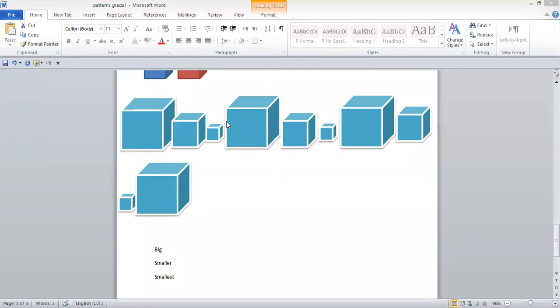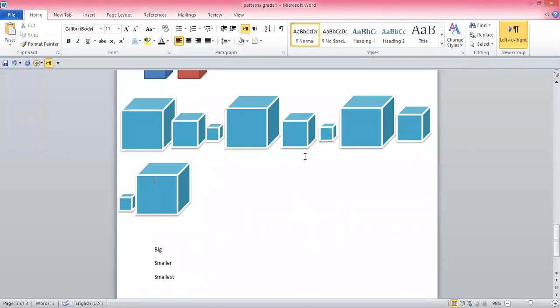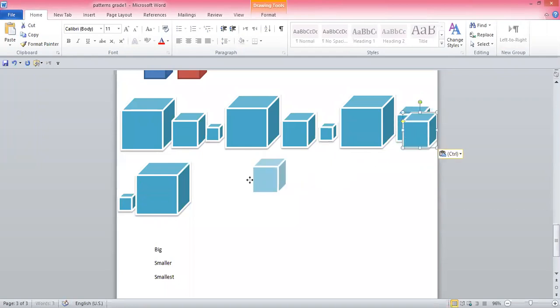Very good. The answer is smaller. And one student is saying blue. They all are blue. Okay. But the pattern is with respect to sizes. So after this one, this is big. Smallest should be there. So you will say, sir, it should be smaller. And if I ask you after smaller,